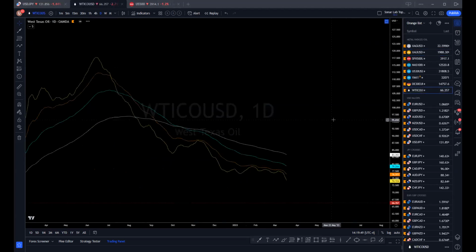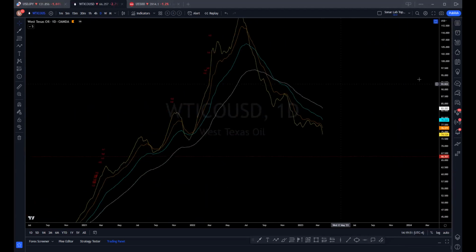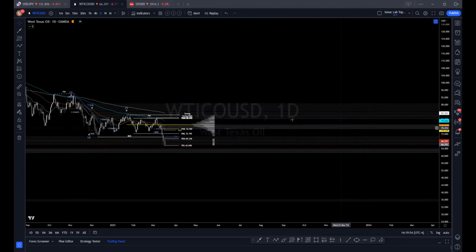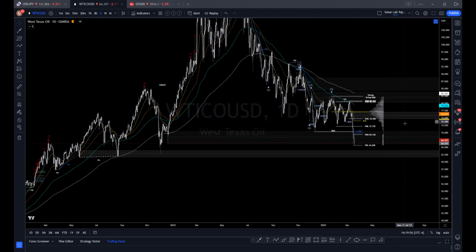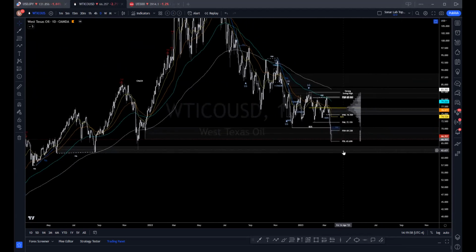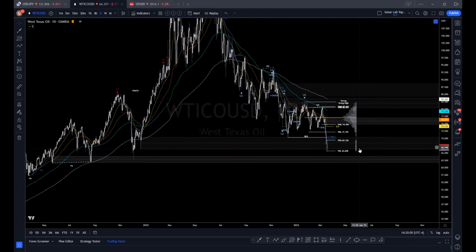Let me go to oil real quick. So just to kind of show you what oil is doing. It's doing exactly what I thought it was going to do. I said I was looking for oil to be bearish, and sure enough, it did exactly what I was looking for it to do. It was in this range for a good month or so, like from December 22nd, we were in this nice range, right? Let me go ahead and mark this up. So we were in this nice range,